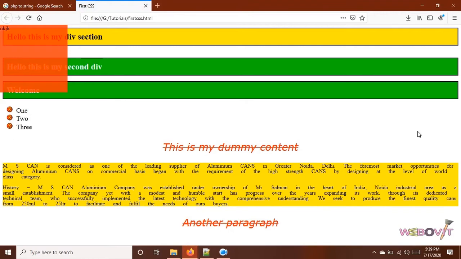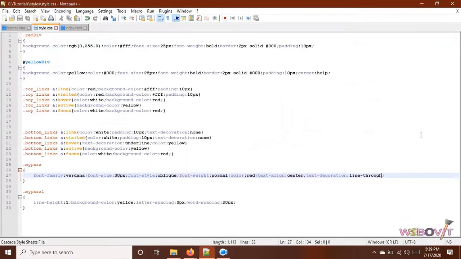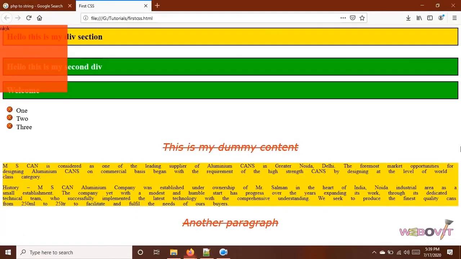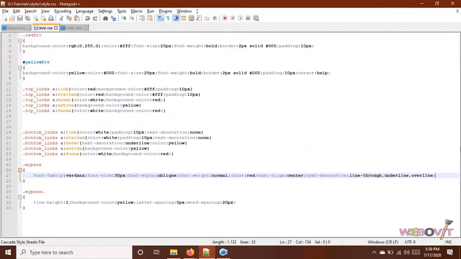Now we can combine all three as well. We can make the same text underline, overline, and line through. How to achieve this? We will just make it comma separated: underline, comma, overline. Now for the text decoration style, we have mentioned the styles comma separated. Semicolon will separate two different styles from each other. So if we see the preview, now this one is